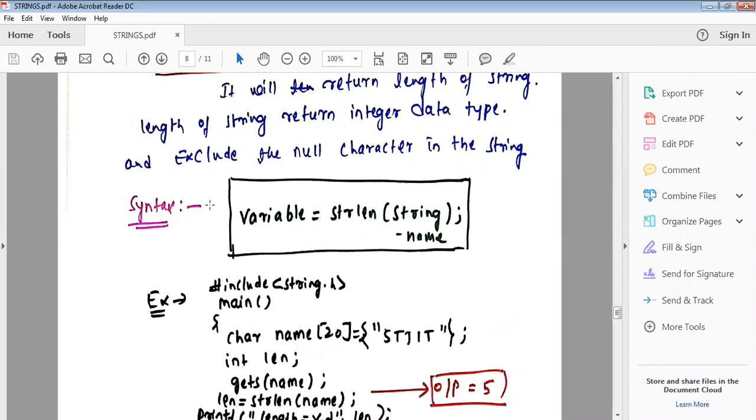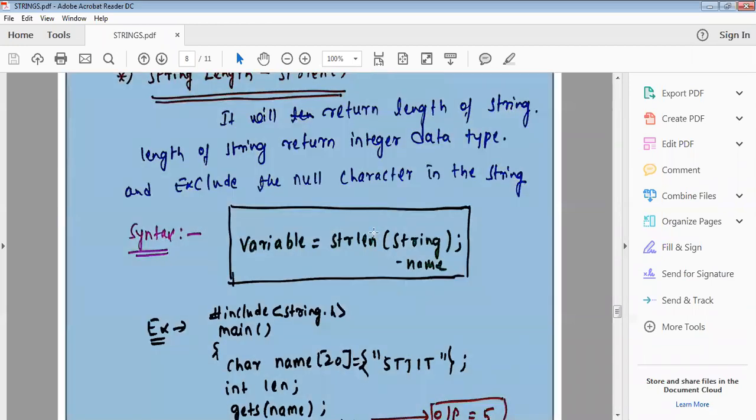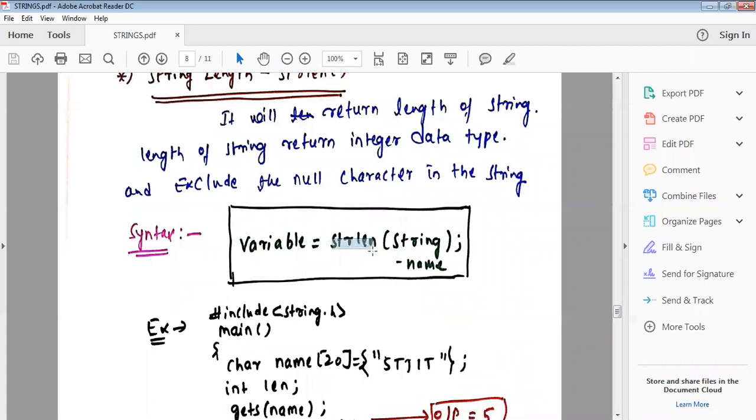This is the syntax of string length: variable is equal to strlen, string name. You use this predefined function strlen, and here only one argument you are using.